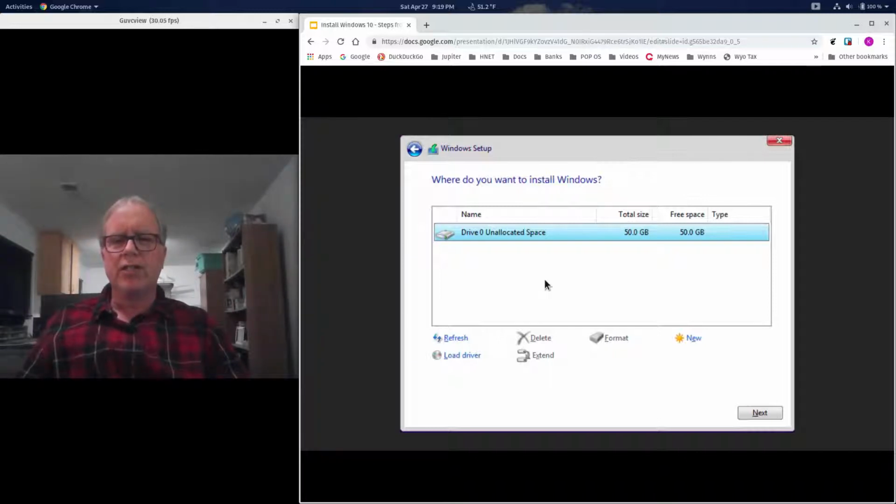If you see any partitions in here, my suggestion is that you delete all the partitions. So select partition number 4, click delete. Select 3, delete. Select 2, delete. Select 1, delete. You want to have it show up looking just like this, where it says unallocated space and